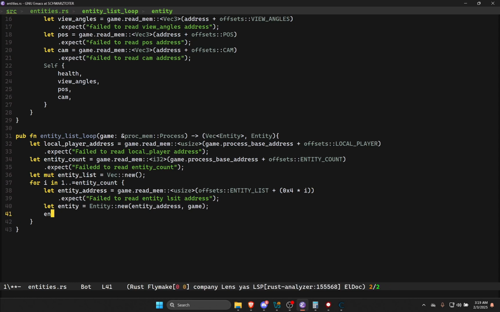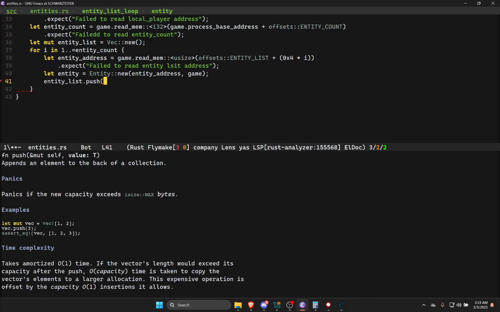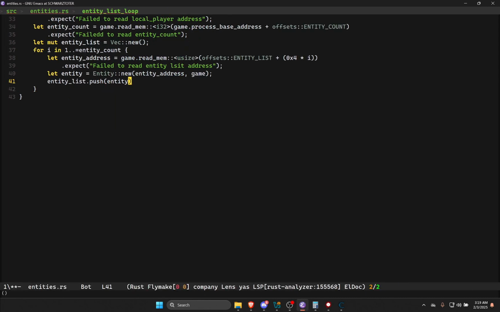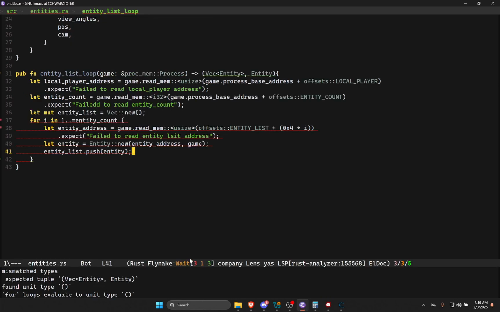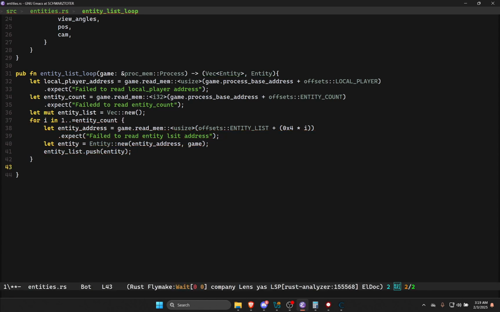So yeah, and then let's do entity_list.push, and we'll just push the entity onto there. And then at the end, we can just return entity_list,